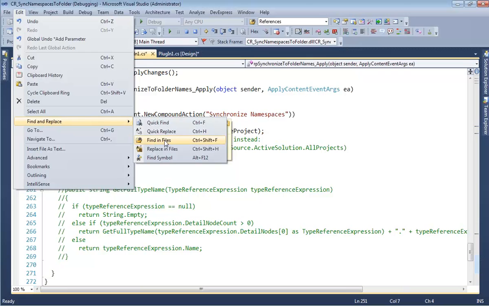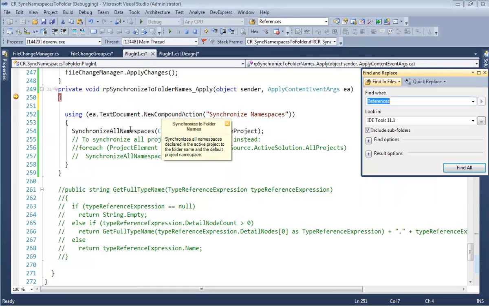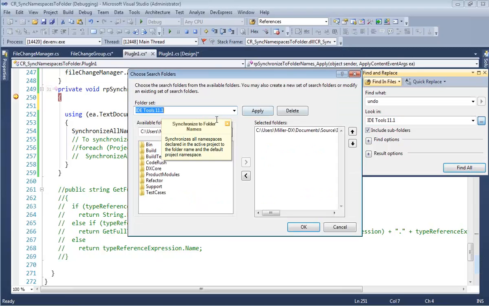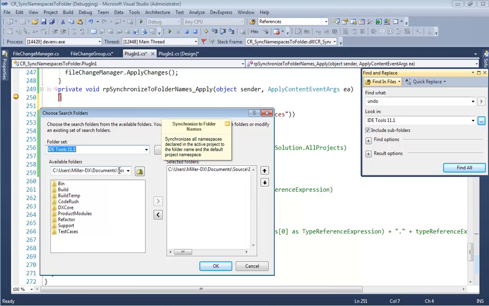Let's see here. Find in files, undo. We did this in a previous webinar, and I'm not remembering it. And no, I can't either. I want to go to projects. Documents, and then Visual Studio 2010, and